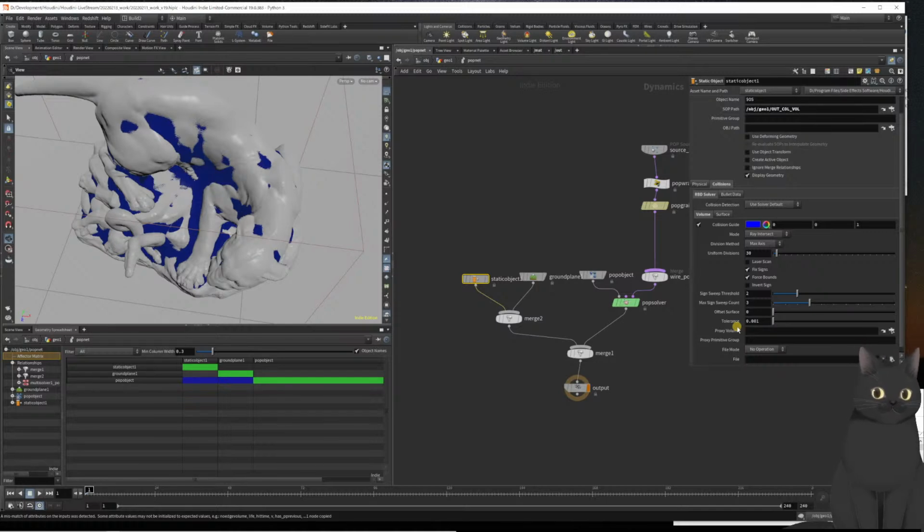Call vol. So copy this one, go inside. Now if you scroll down here, you see